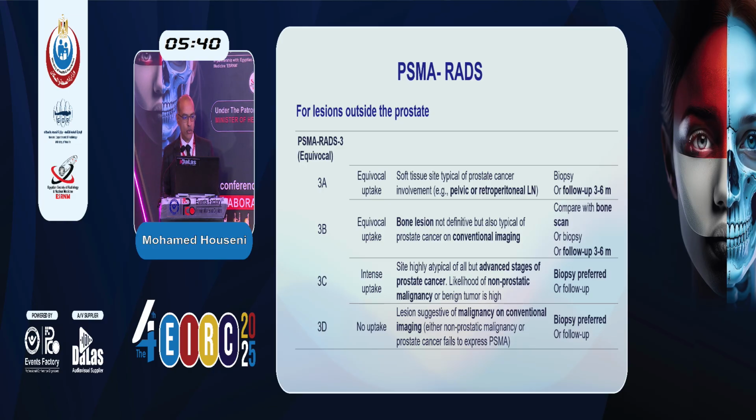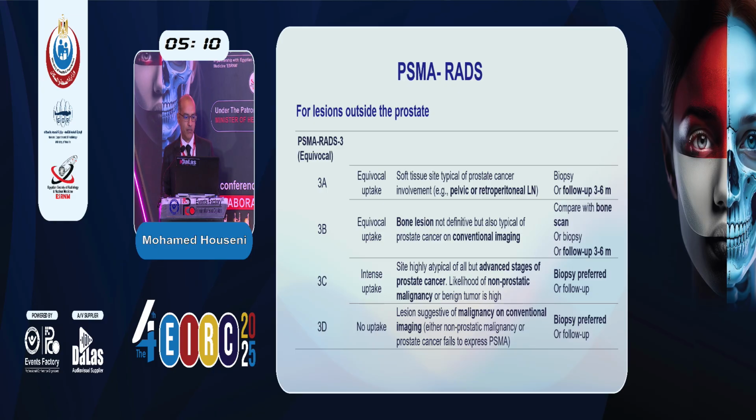There is an equivocal activity in the lesion. A, when you are seeing a small lymph node on the CT or MRI, and there is an equivocal activity in it, and the recommendation is a follow-up. B, when you are seeing equivocal activity in the bone with no definite underlying CT change, the recommendation is also follow-up. Now C, when you are seeing the intense activity